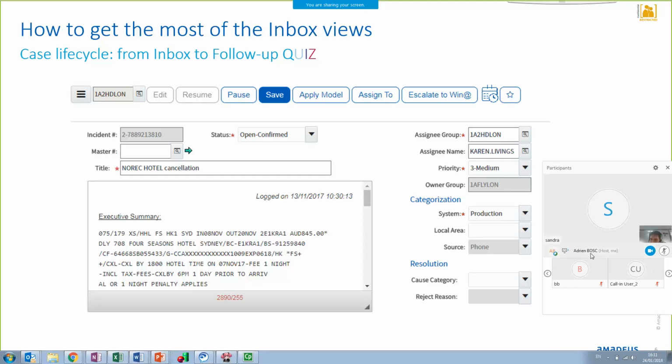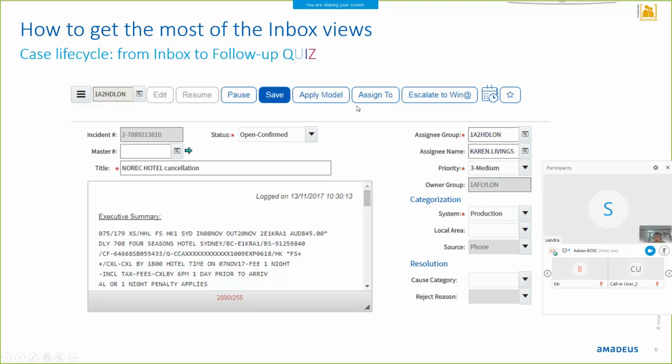I'm going to display an action that you're doing when you're editing the case, and I would like you to tell me if this action is going to move the case from the inbox, my backlog, where I have to perform an activity on the case, to the follow-up, where I'm just following up the progress of the case, but the action is pending another helpdesk group or someone external from Amadeus.